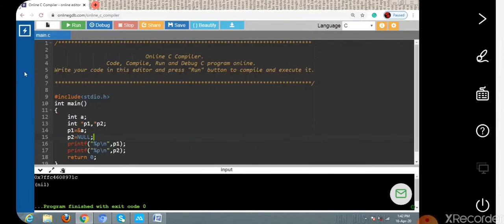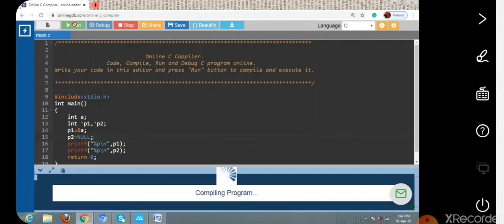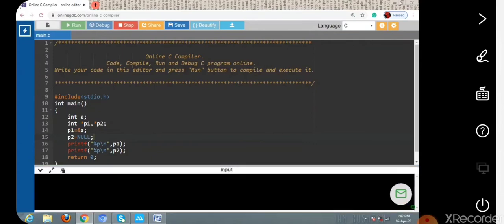Then when we run the program, we get the output as nil. Normally, whenever you write null, the compiler converts it to 0, that means nil value.